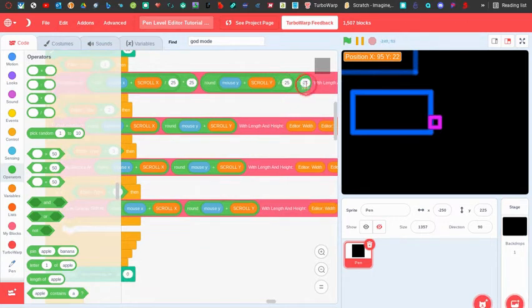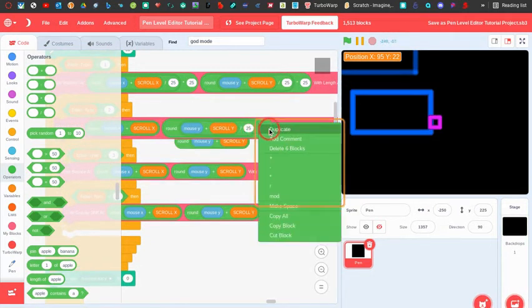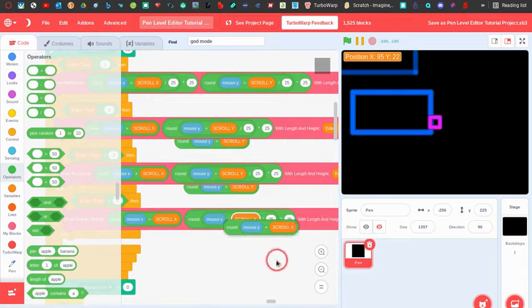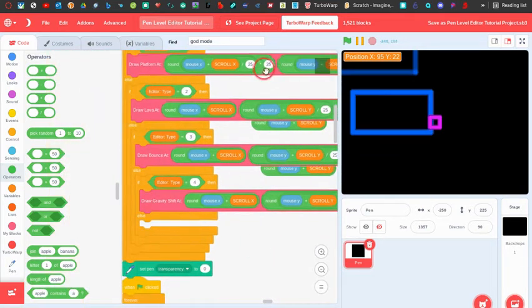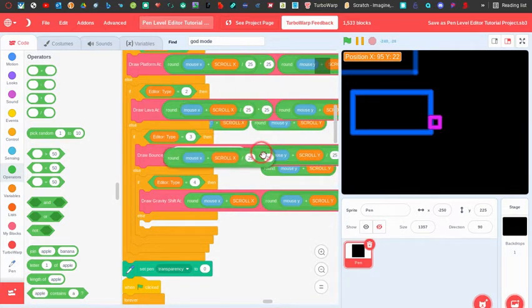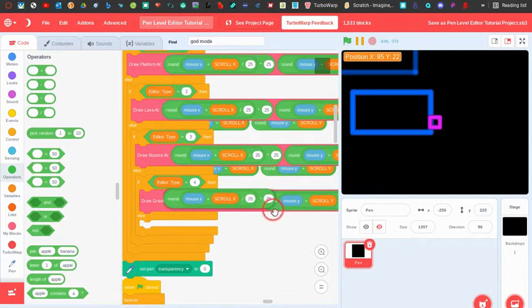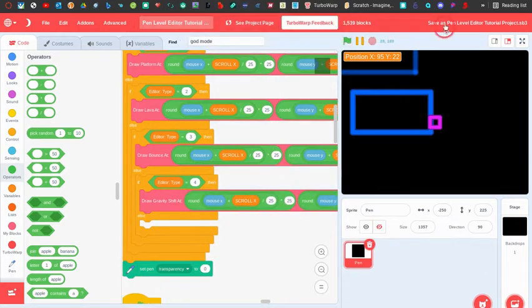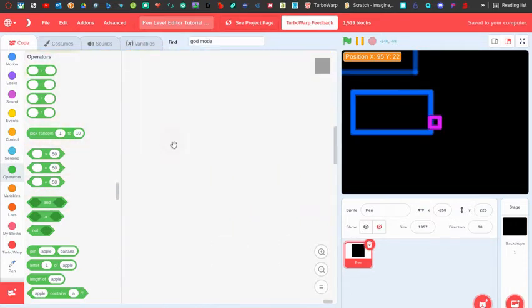So I'm actually gonna just duplicate this for all of these, and you guys don't have to do this, but I think it really polishes it and makes it easier to make your levels look a lot neater. So I'm gonna do it this way, and now it should look a lot nicer. And then if we clean these up, then I'm gonna just go back to that when flag clicked,